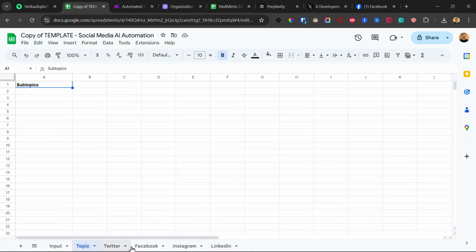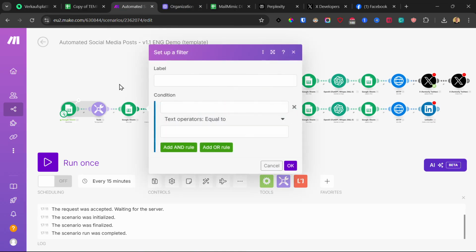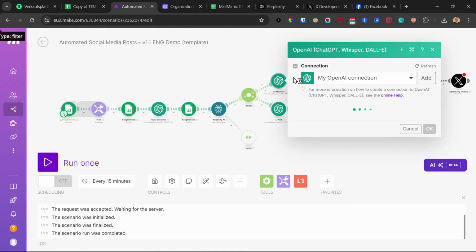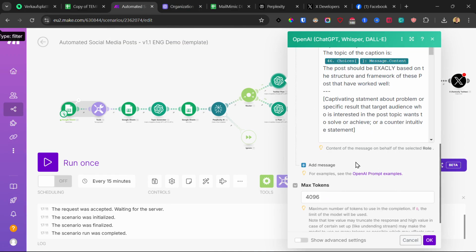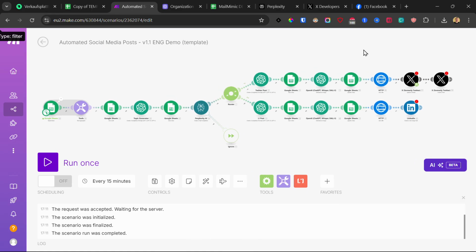And then you can maybe make a few modifications, maybe to the prompts that you find here, and fine-tune those a little bit to match your specific niche. But this is how you set up this